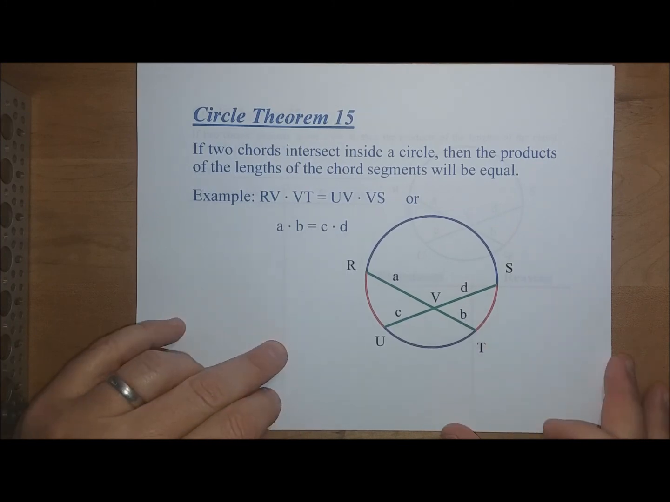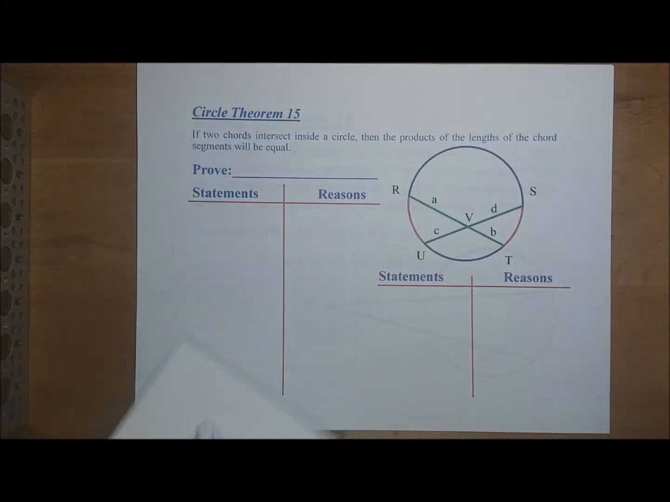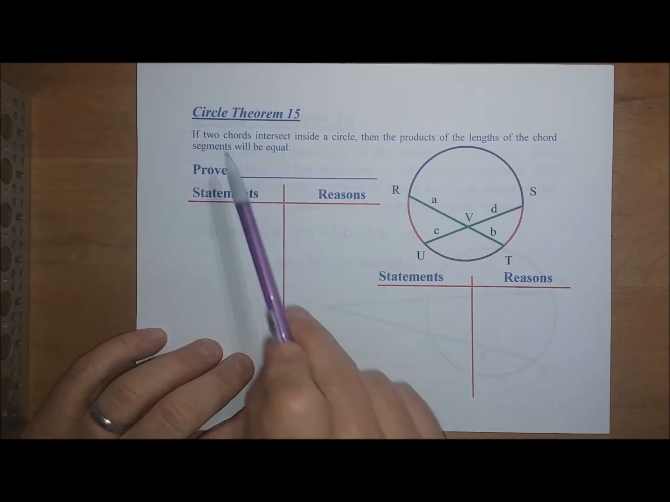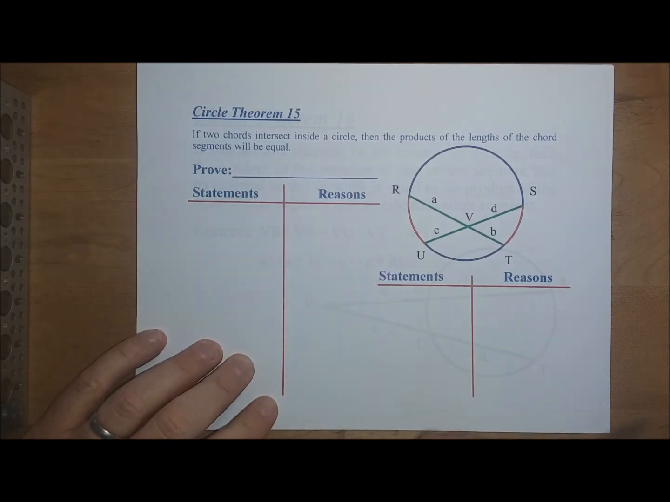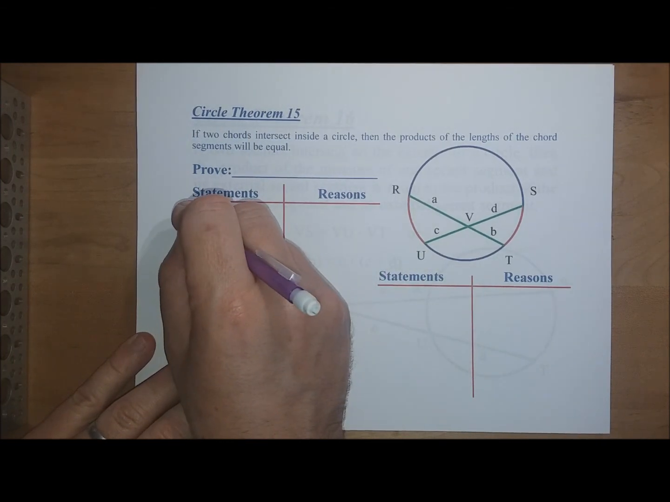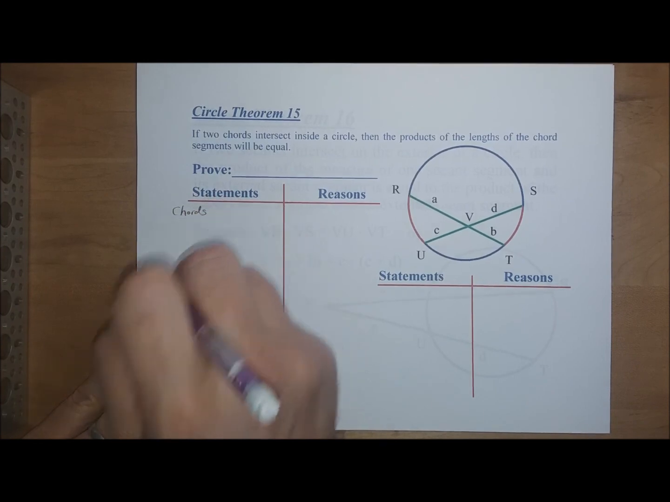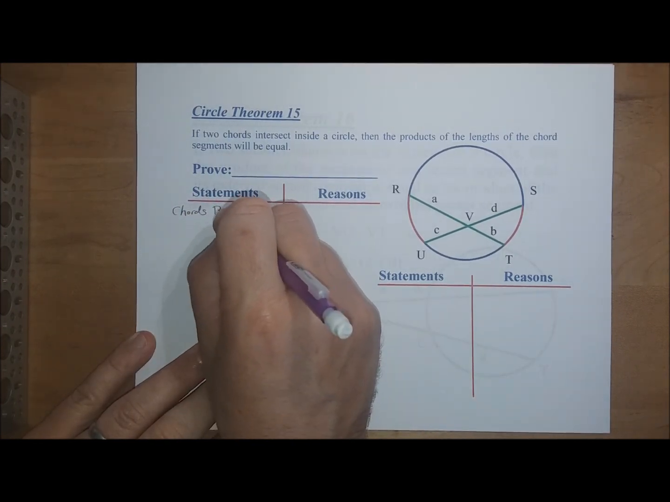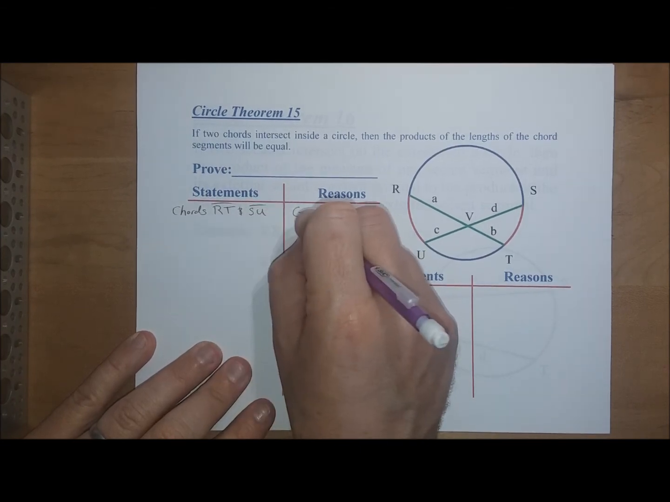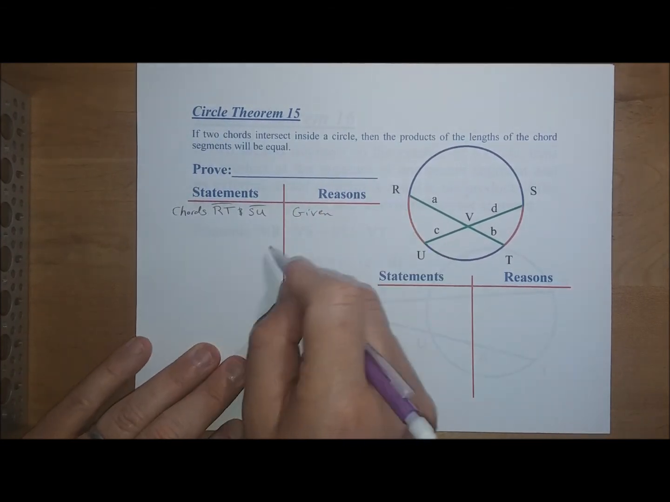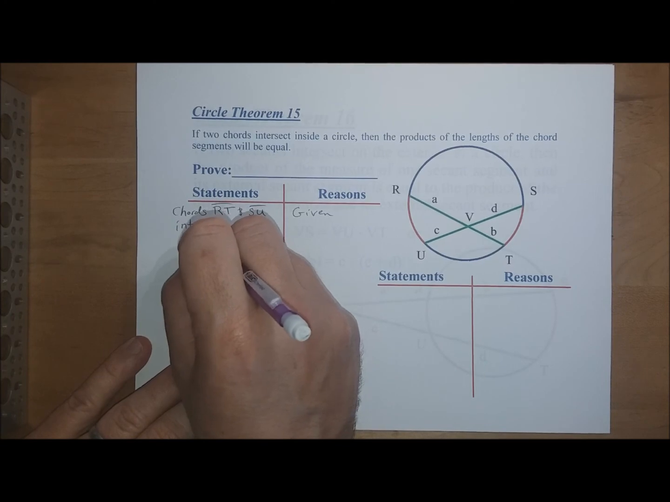Okay, can we prove this? How do we know this is true? Set up a proof here. Let's go ahead and take a look at our theorem. If two chords intersect inside a circle, so that's our given information. So we're given chords RT and SU, and that is our given. We could say RT and SU